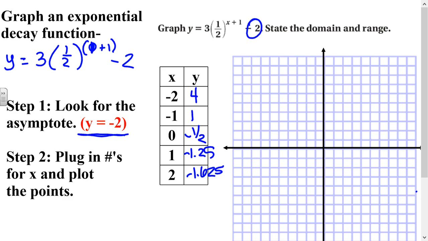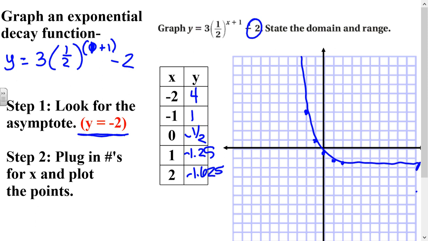So, whoops. There we go. We're going to plot these points. So we have -2, 4; -1, 1; 0, -1/2; 1, -1.25; and 2, -1.625. So you can see it's going to keep getting closer and closer to y equals -2,